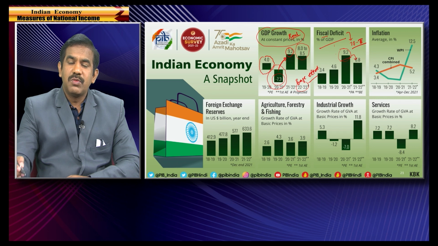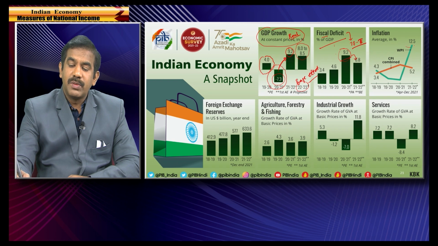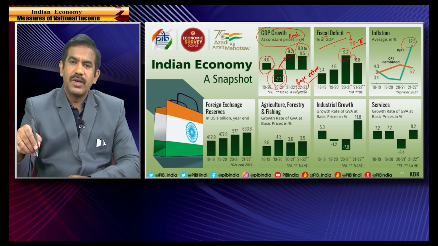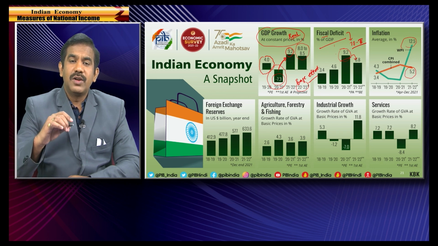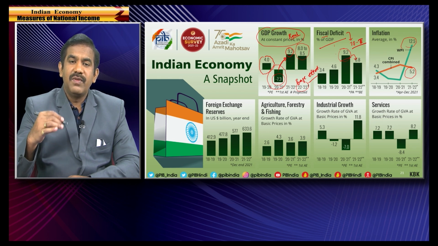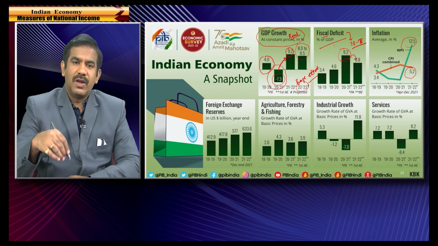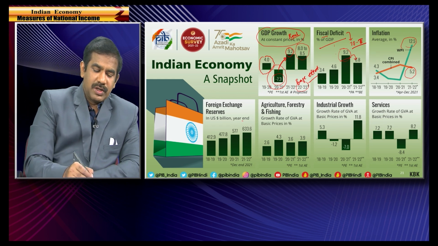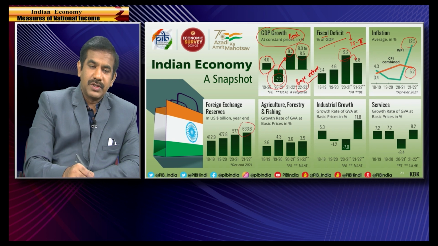Now, the next important parameter to judge economic well-being is inflation. The green line indicates the wholesale price index based inflation. In the next lecture, we will discuss the difference between the wholesale price index and CPI. In both cases, these are two different ways of measuring the rate of increase in the price of goods and services. But at the end of the day, they convey the rate at which prices of goods and services are increasing.